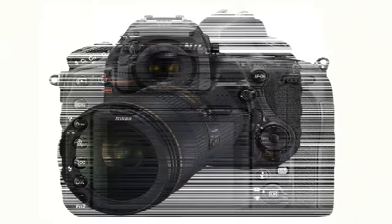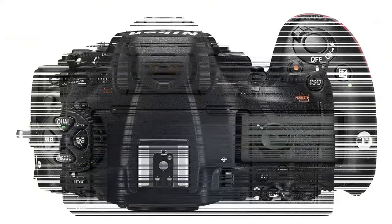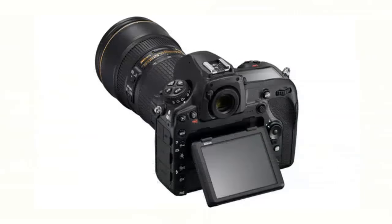In all, we think it's one of the most comprehensively capable DSLRs we've seen in recent memory, offering speed, resolution, and uncropped 4K video. Nikon D850